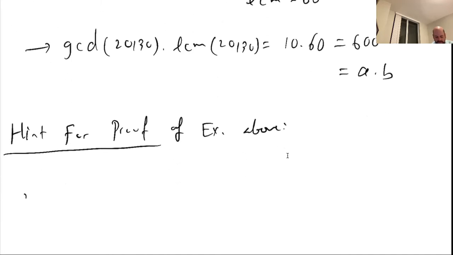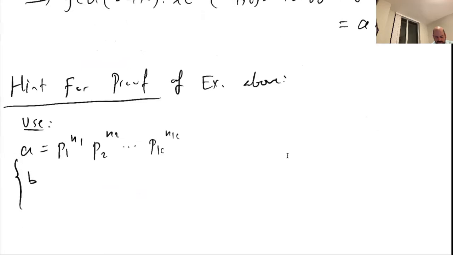So we have A equals P1 to power N1, P2 to power N2, Pk to power Nk, and then for B we had P1 to power M1, Pk to power Mk,